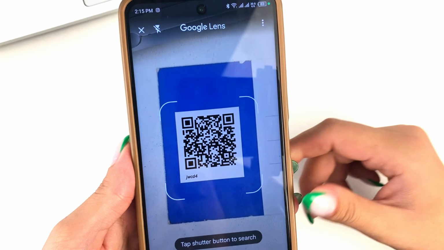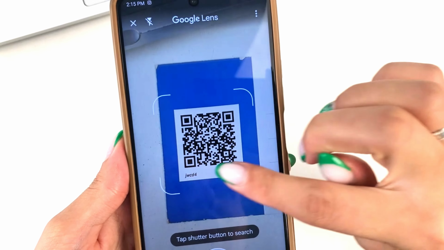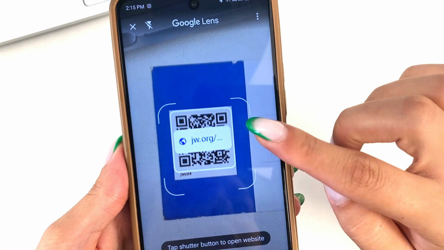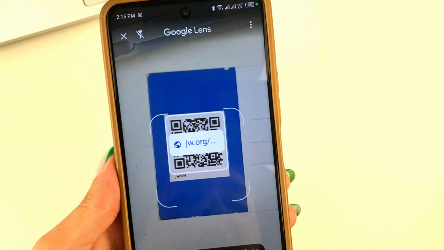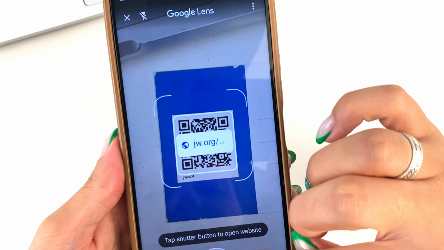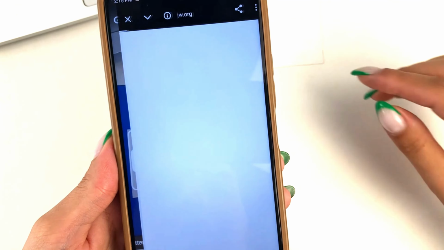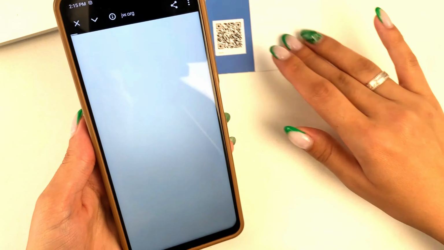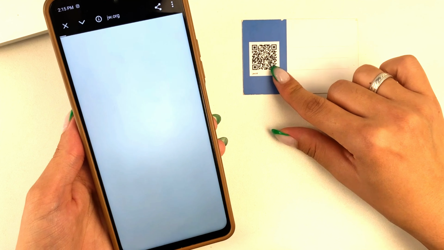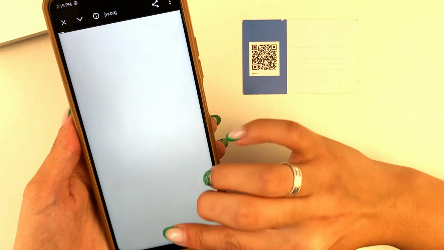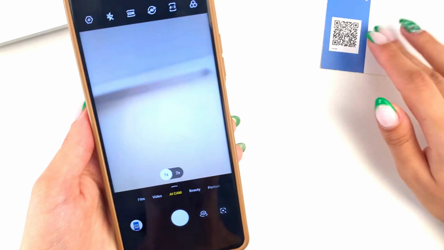And this way, friends, you can either have the address written here. Here you see the address of the site. Or you can click just on the search. In this way, you will go to the site, which is on this QR code where you will be redirected. This was the first method.